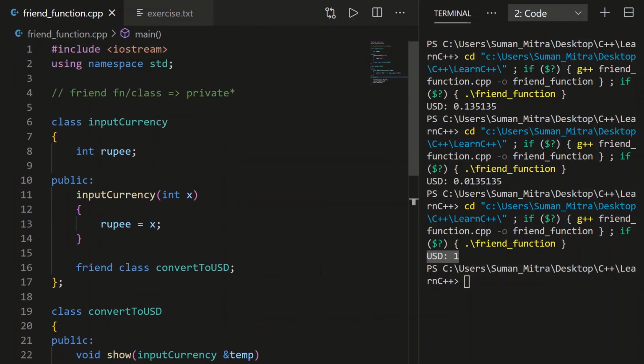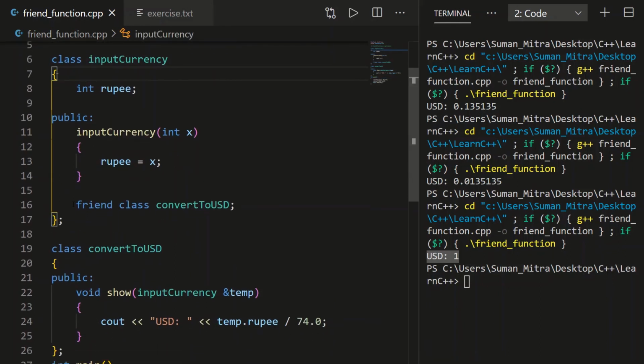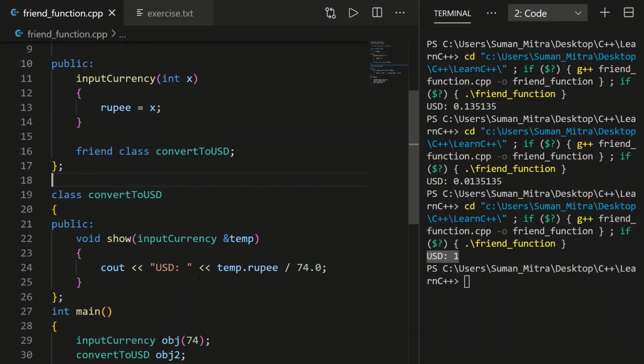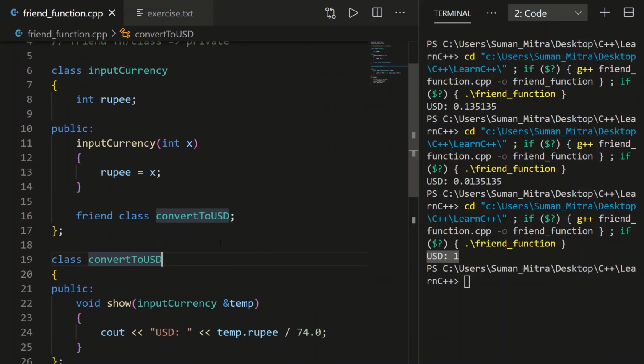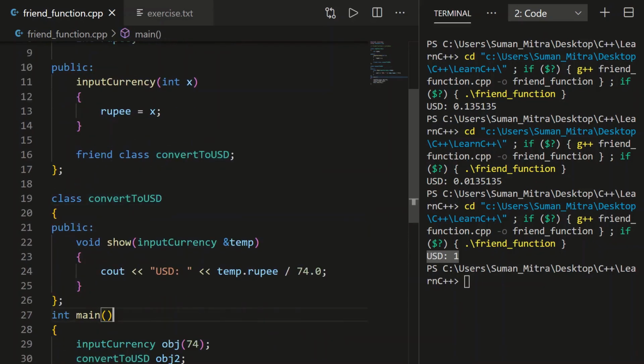So today's learning was just using a friend. I already showed you how to use friend function. So this is for friend class. We just need to name friend class and for what is the name of that class, from which we want to do friend. We can do friendship these classes with different classes. We may create many multiple classes and just write what are the classes that it should have friend with. So this will have friend with convert to USD is friend with input currency. So this convert to USD have full access to input currency and we can print out this rupee.